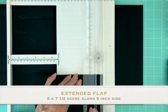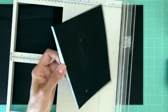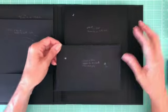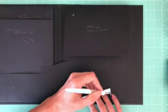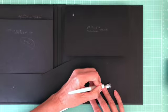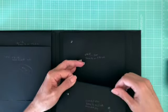And what else do I want to say? And then you're going to score a 1/2 inch along the 5-inch side. Score a 1/2 inch along the 5-inch side. And we're just going to attach this flap to the bottom of this. So I'm going to go ahead and take my tape off. And I'm going to line it up with this flap and also the edge of the paper, and hopefully when